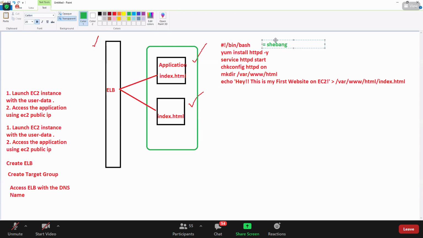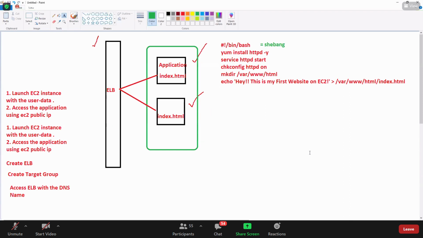So before talking about this shebang, guys, do you know how Linux works? Linux is all about directories. Can you tell me, in Linux, everything will start with what? Root. Are you going for the Linux classes, guys?